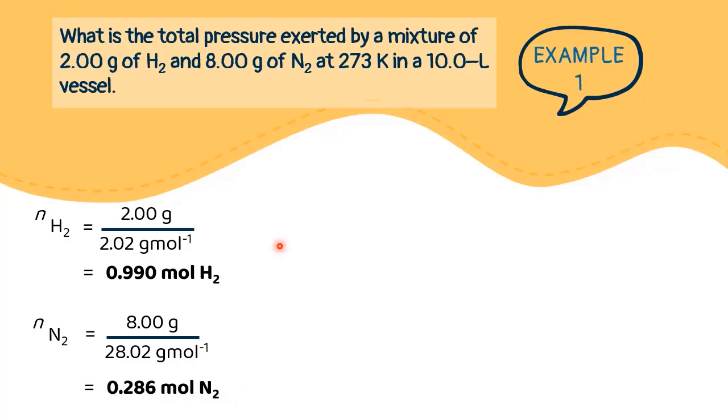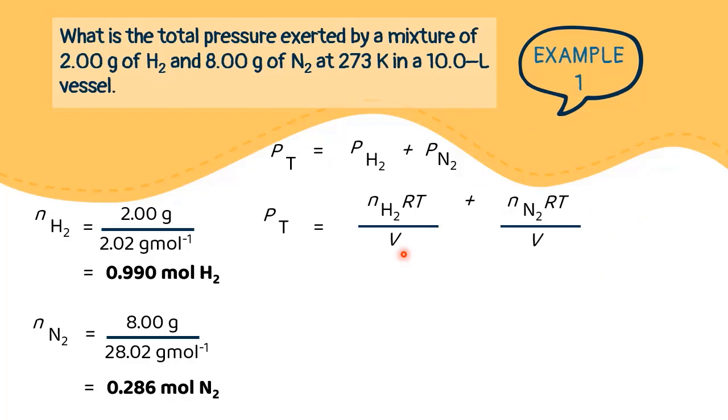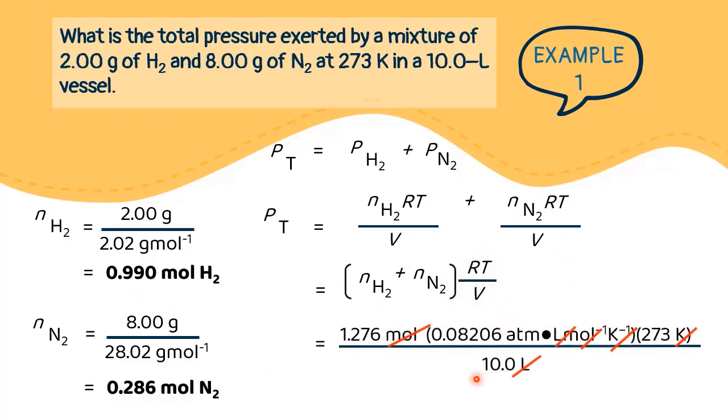We know Dalton's law states the total pressure is the sum of the partial pressures of the gases present. So we have the partial pressure of hydrogen gas and the partial pressure of nitrogen gas. Since the question only asks for total pressure, and these two gases are placed in the same vessel from the start, hence the same total volume, we can do less working by skipping the determination of each partial pressure. We can do this by factorizing the ideal gas equation. We will factorize the number of moles for both species, since the values obtained are different, 0.99 and 0.286 mole, and then the rest of it, RT over V, will be the same for both gases. Then we substitute the values into the equation.